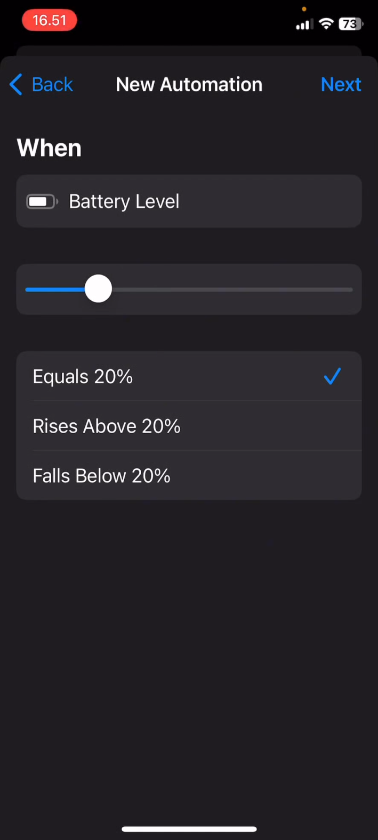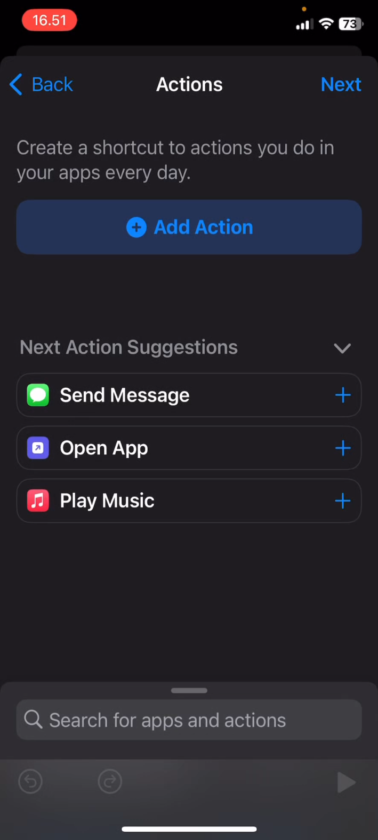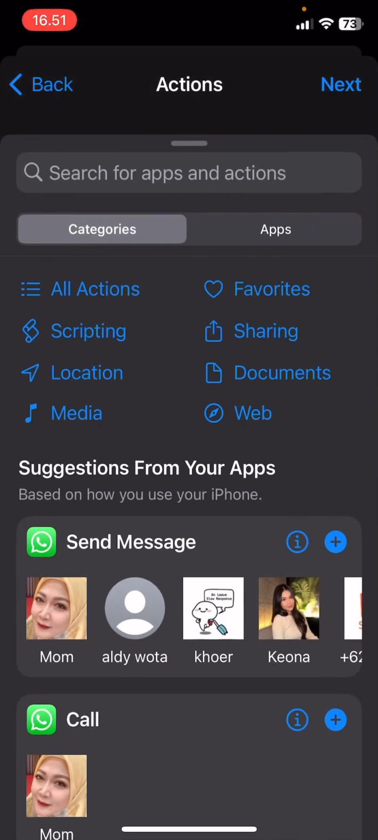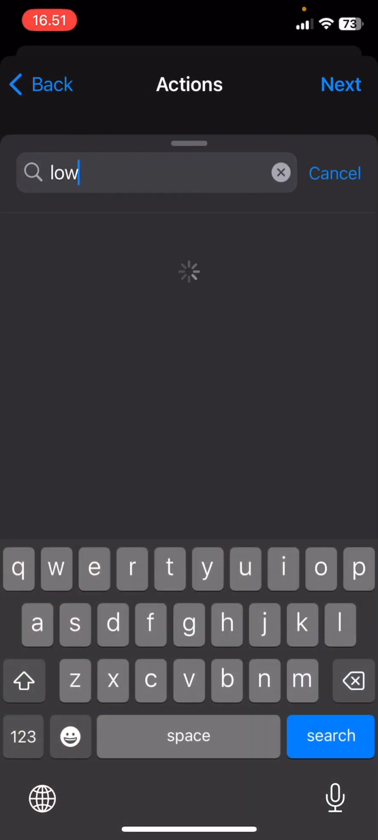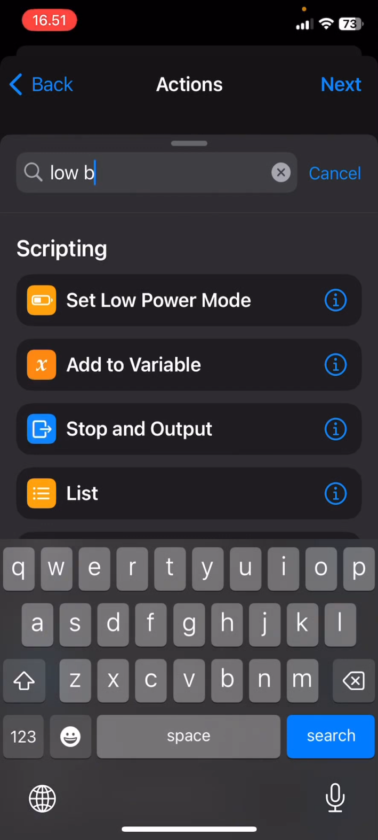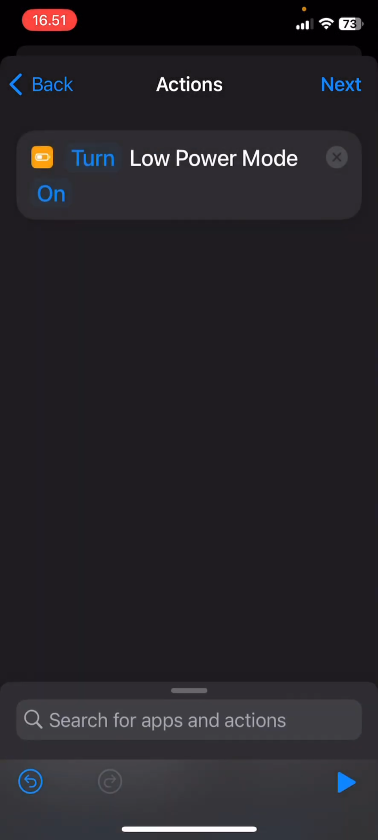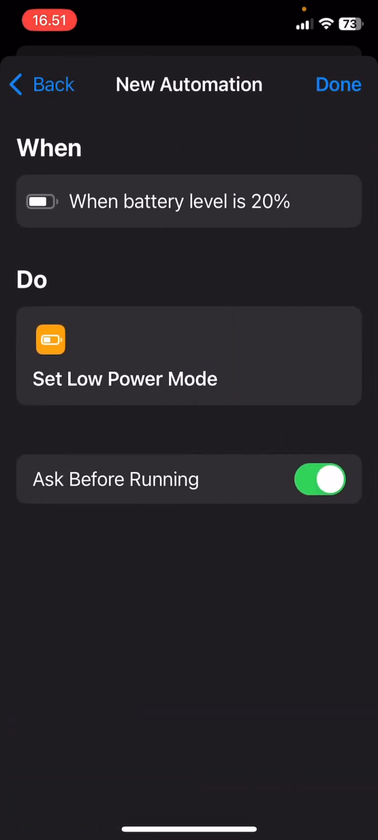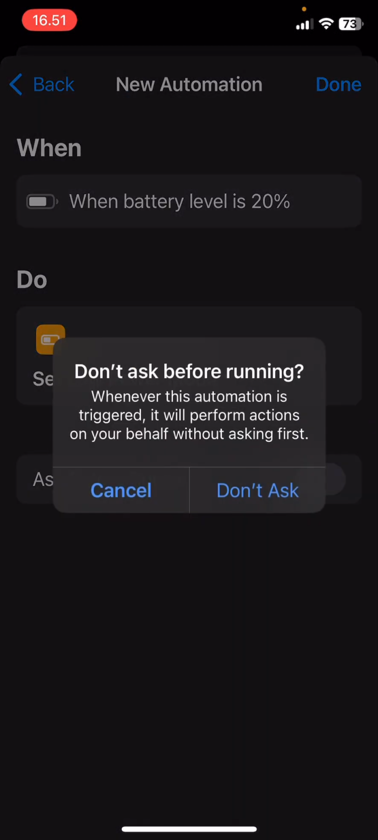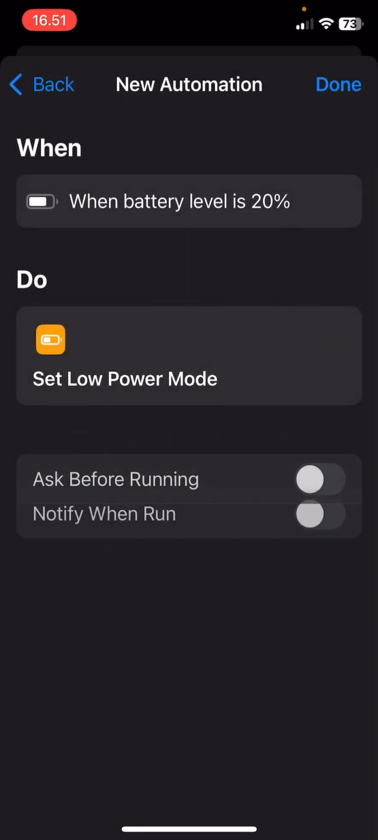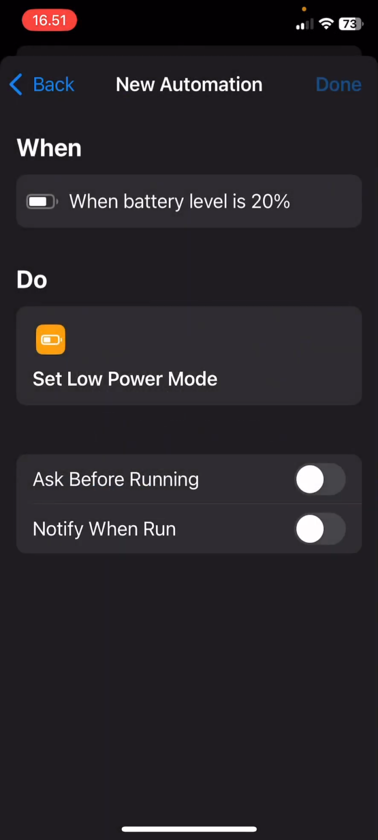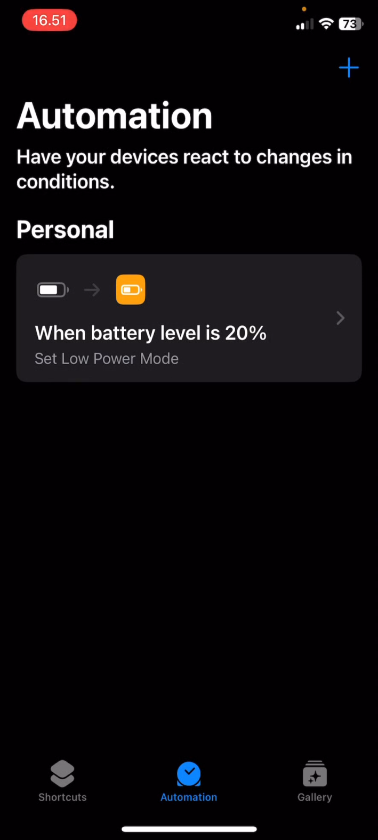Then you are going to select Next, and here you are going to select Add Action. Type in low battery or Set Low Power Mode, and you're going to select that. Once you are done, you are going to select Next, and you're going to press Not Done. You don't need to ask, so select Don't Ask, and then you're going to press Done, so that whenever the